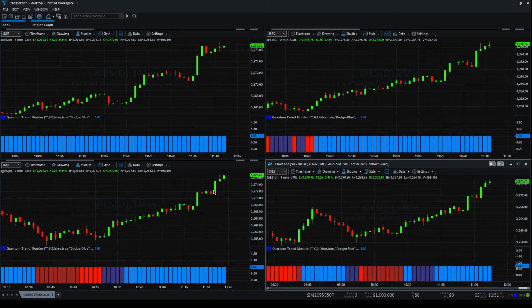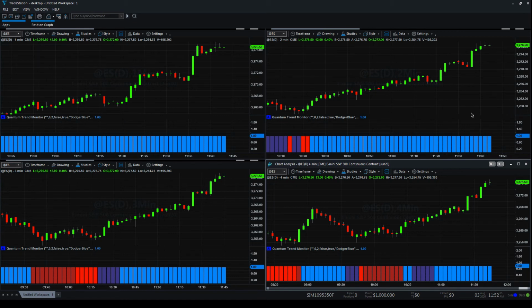A little bit more here, and on up we go. Same sort of thing over here. We had this congestion phase earlier, which was signaled on the slower time frame. Now we come out, we've come into the congestion, up, a little bit more congestion, and on up we go. So it's really giving you that confidence to maintain this position. You know, we had a very minor pullback here. We're still in the congestion phase. We've got a push on higher up here, but it's just giving you that confidence to hold this position